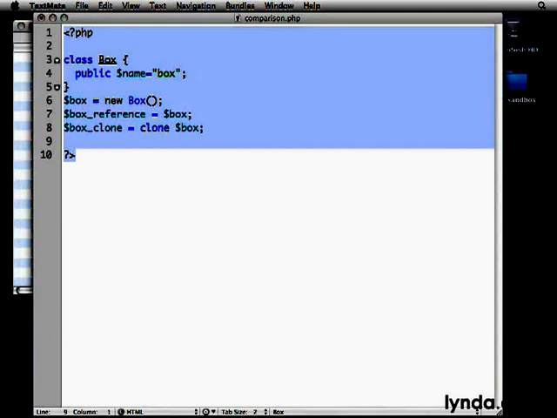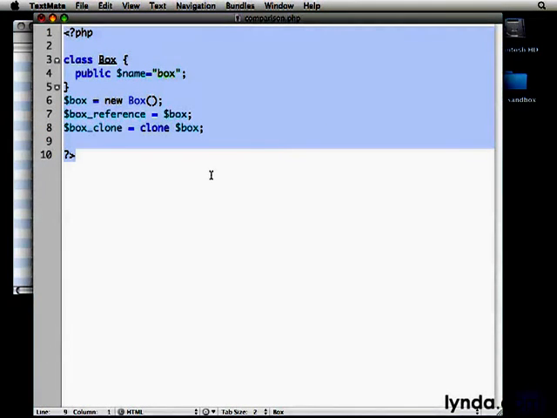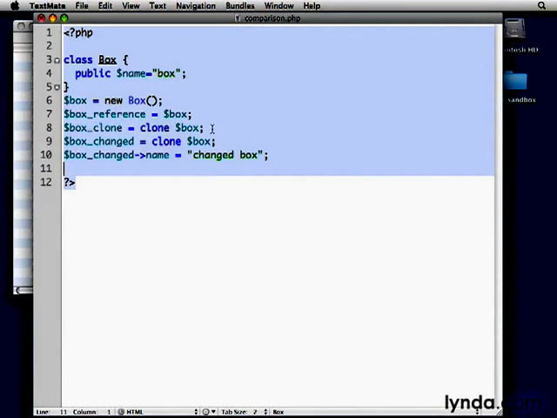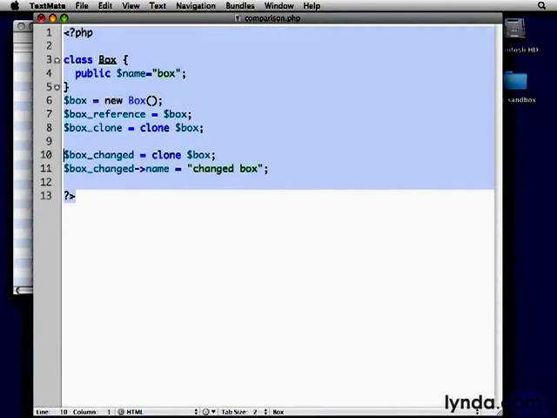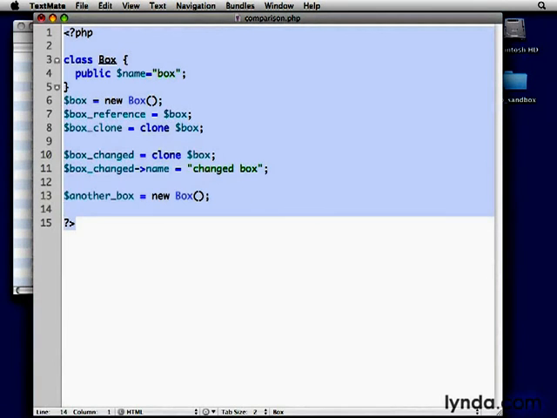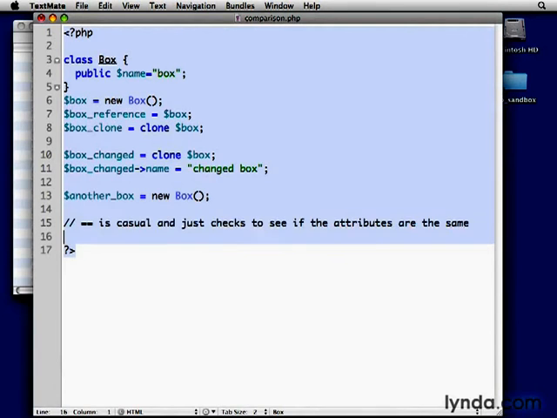And now that we know how to do a clone, let's also do a cloned version of it, just so that we can see that. And then, just so that we can compare that to something else, let's now make another one called box changed. Okay, so let's be clear that this is something different. We're cloning it again, but this time we're just going to change one of its attributes. And then last of all, let's just make another box, which is a completely separate instantiation of new box. So now that we have these different instances to work with, let's try writing ourselves some simple tests.